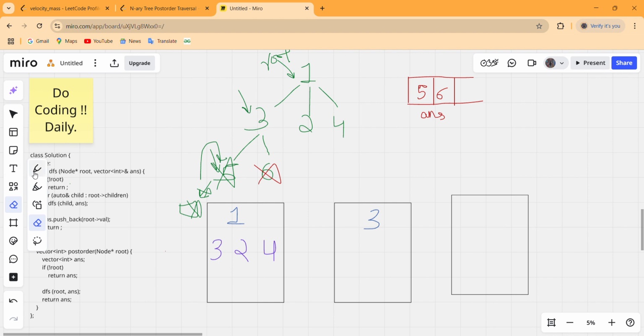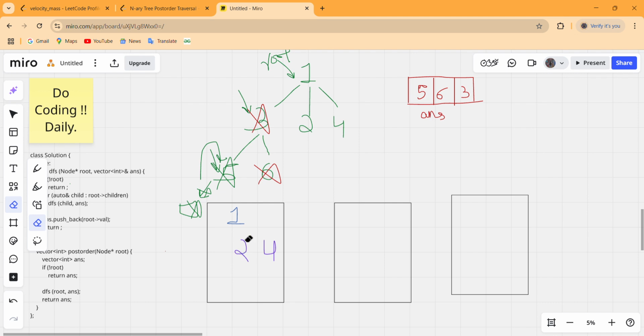So now what will be the left part for this 3? We have to push the current root value inside our answer, and this time the current root value is this 3. So push that inside our answer, and there are no more lines left for this call stack, so we have to return. So this 3 gets evaluated, we have to return to its parent call, erase this 3. What will be left now?